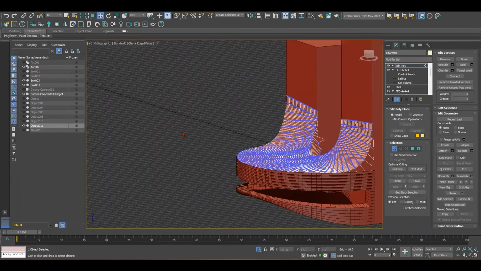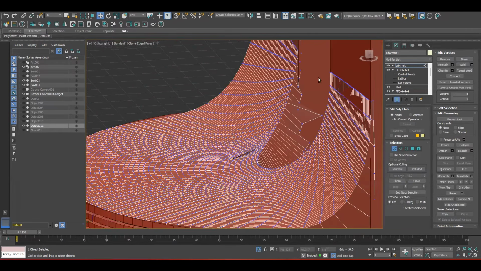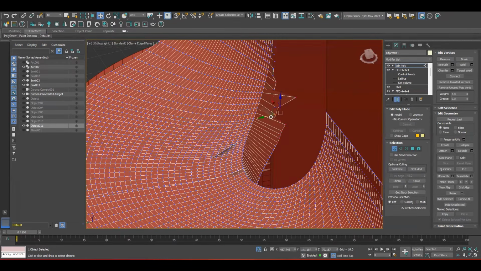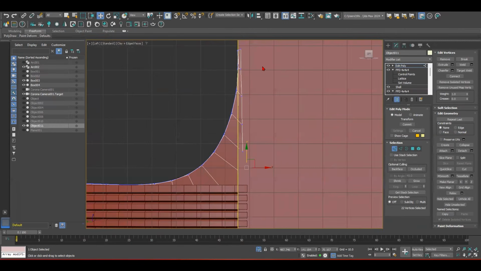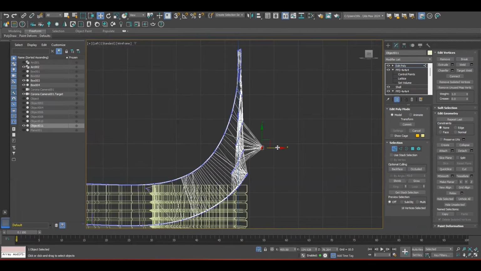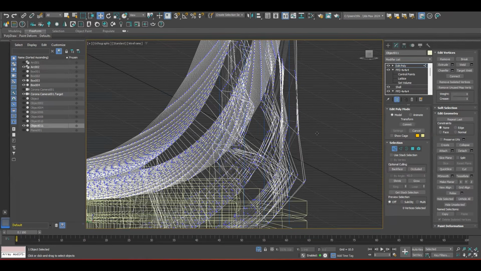Someone can do the same steps, or someone can do his own separate steps. There's no such thing as a fixed way to do these things, the modeling itself. Everyone has his own style or way to do it.